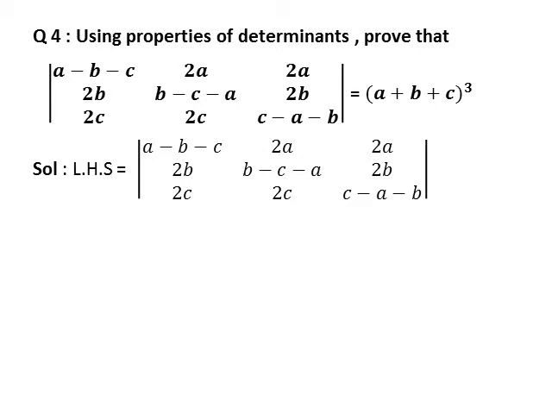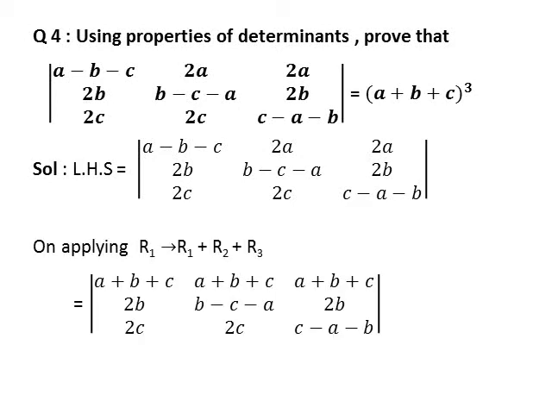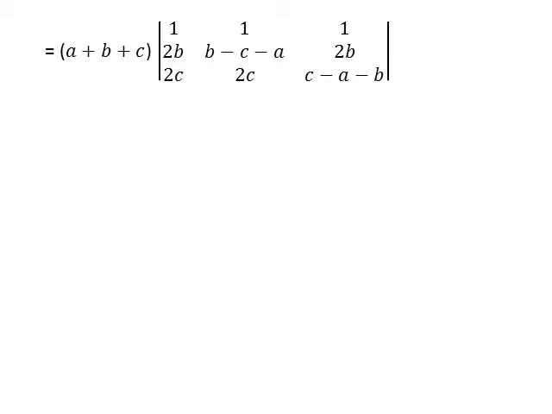After that, we observe possibility of applying any operation on rows or columns so that all the elements of one row or column become same. In this determinant, when we apply R1 is to R1 plus R2 plus R3, we observe that each element of R1 becomes a plus b plus c as shown here. In next step, taking a plus b plus c as common from R1, we get a plus b plus c